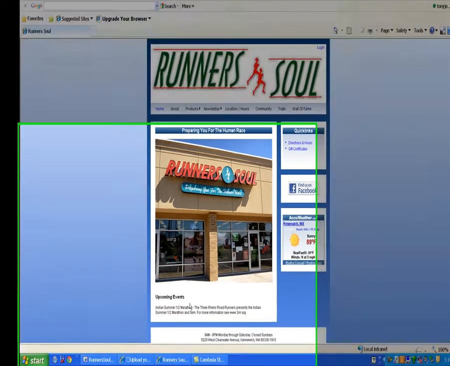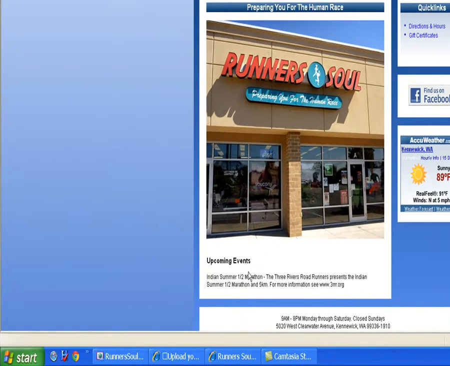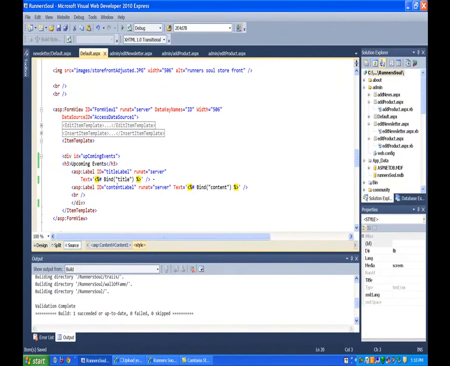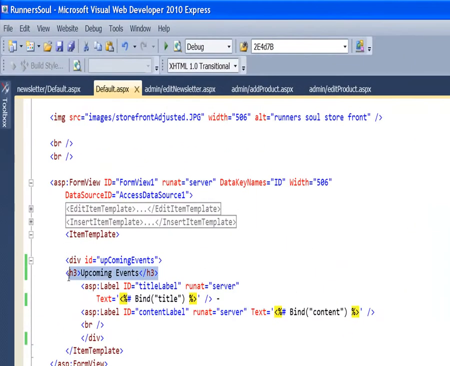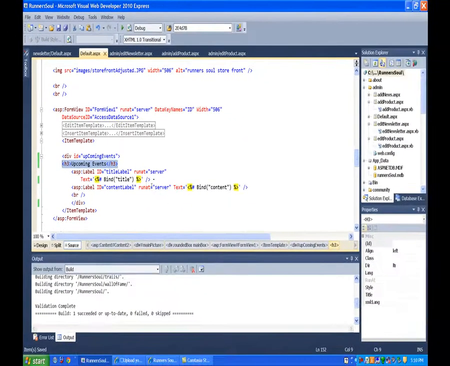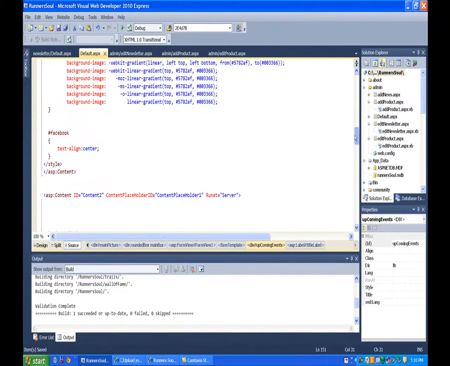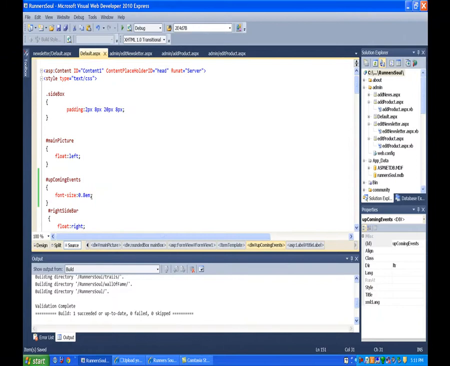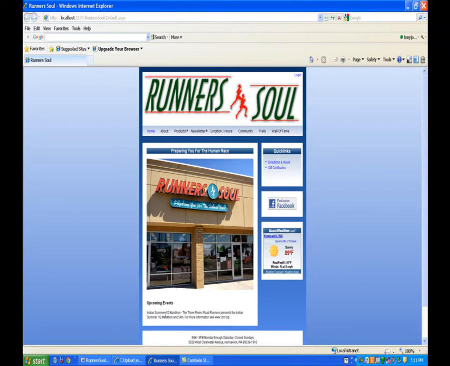In the last video, we looked at formatting this section of the upcoming events, and I changed a little bit. Let me just show you what I did here. I put an H3 in here that says upcoming events, and then I added the event title and a dash, just as normal text, and then the content from the database. I also put this all inside an upcoming events ID, and then up in the style sheets for upcoming events, I set the font size to 0.8 em. So if you're wondering how come it looks different than at the end of the last video, that's what I did. So in this video, what we really want to do is